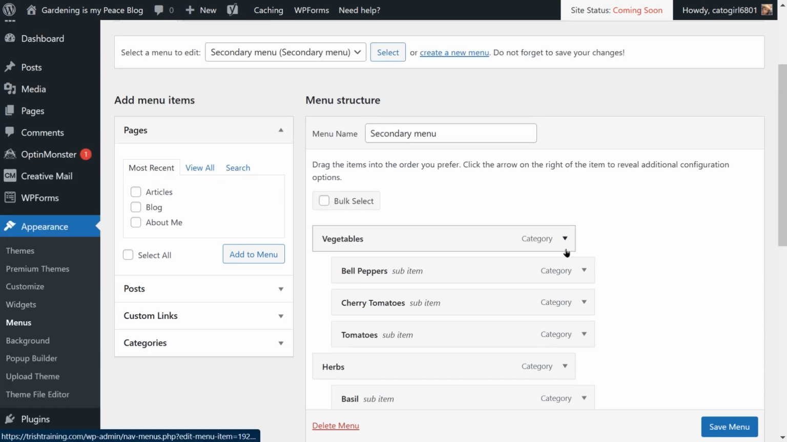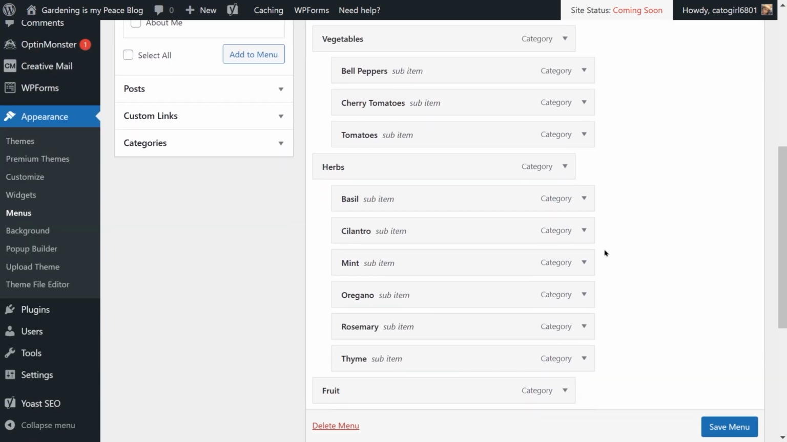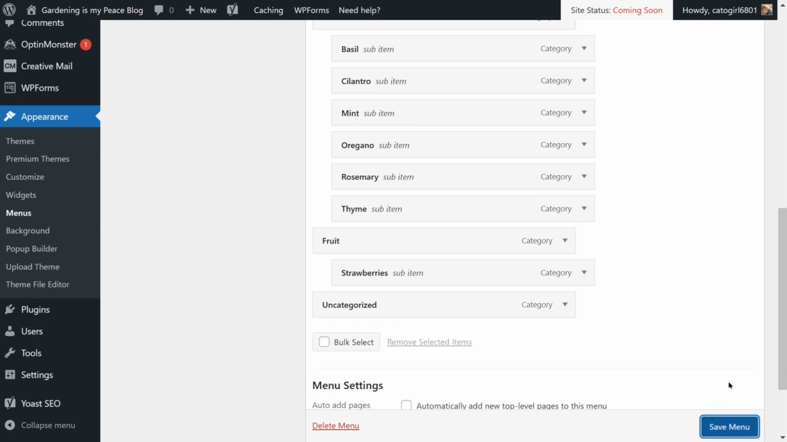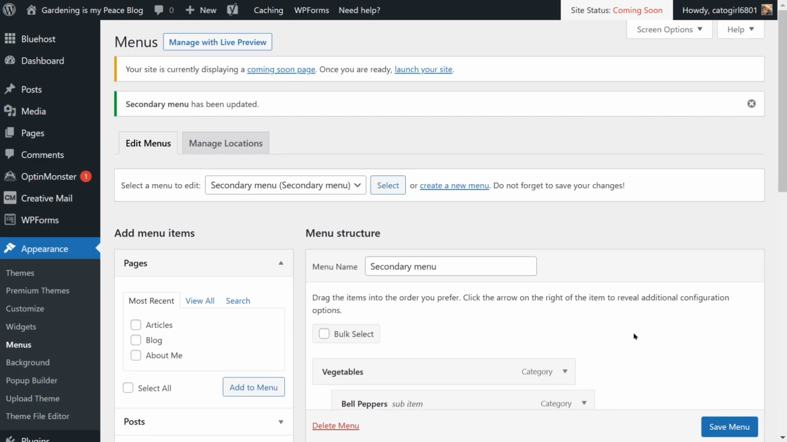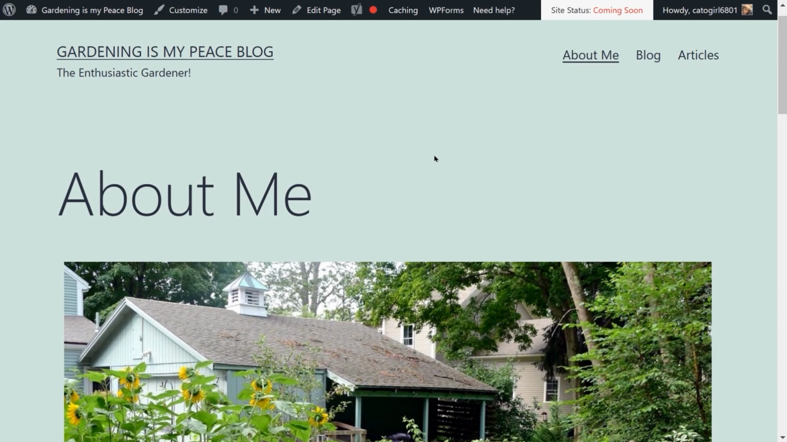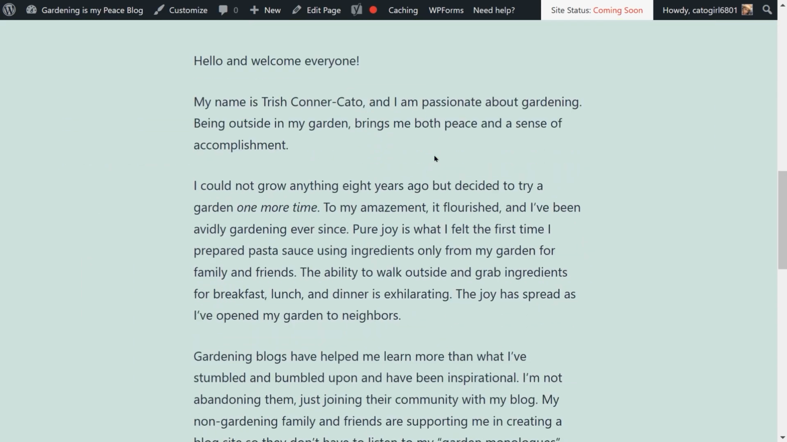So once I've organized everything, as I was going through it, I realized that I never added my strawberries picture to the strawberry category. So I went and did that. And then I was able to make that a sub-item of fruit here. And you want to make sure your menu is saved. And now let's go back to pages. And let's view our About Me page again. And when we go to the bottom now,